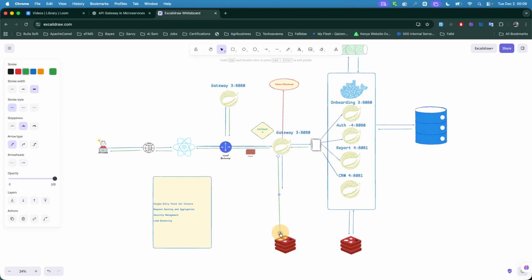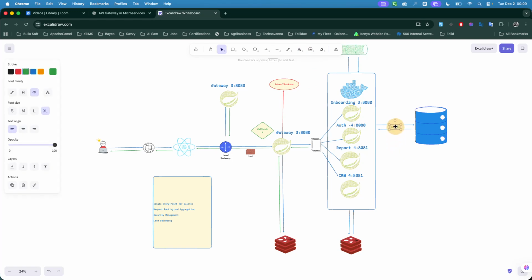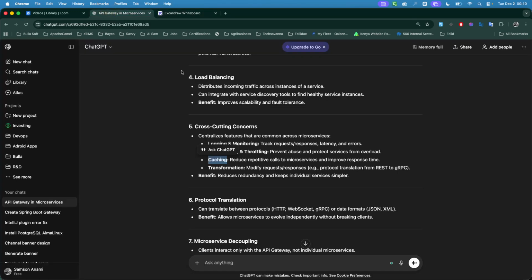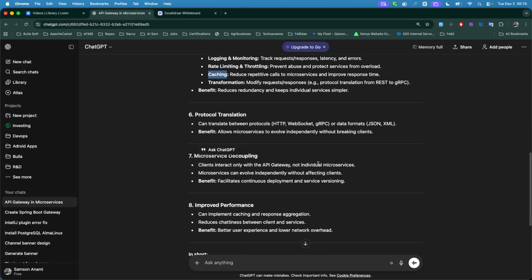That's another importance of having a gateway. Then there's stuff like protocol translation. It can translate between HTTP, WebSocket, gRPC, or other data formats like XML. If you have SOAP endpoints and maybe REST endpoints, you can literally have a way of doing that. So this will allow your microservices to evolve independently without breaking the client. Even if you have a different technology here,